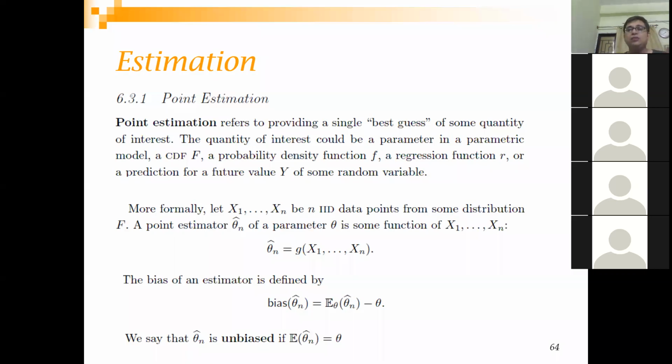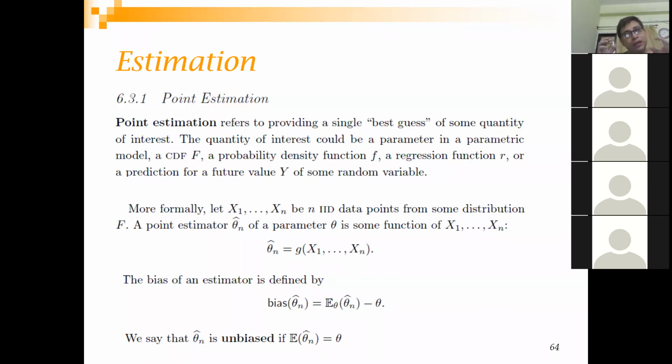Okay, and you also use these terms that your sample mean is an estimator of your population mean. These population terms you call as parameters, and these sample terms you call as statistics. So your sample mean is a statistic, your population mean is a parameter. You use this statistic as a point estimator for your population mean, which is your parameter. So these are the different terminologies.